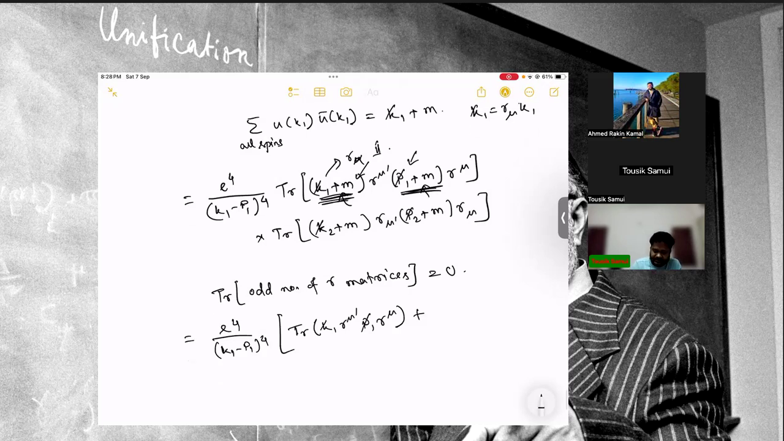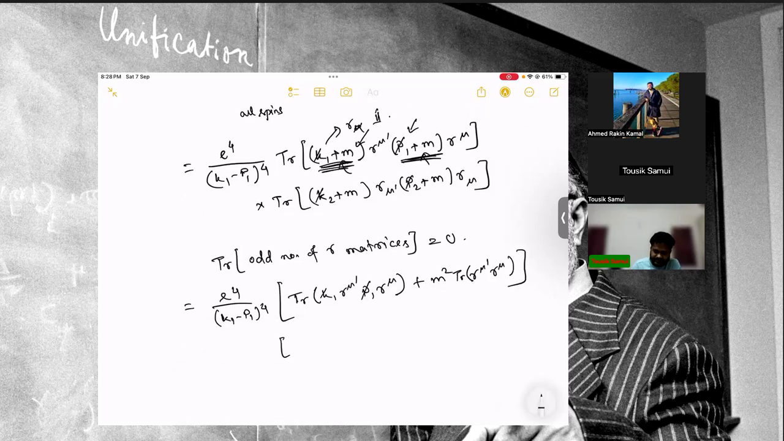Only the contributing part will be this. So this again will have trace. So this is from the first thing, and the second part it will be trace then k2 slash gamma mu prime p2 slash and then gamma plus m squared trace of gamma mu prime gamma mu. Okay,